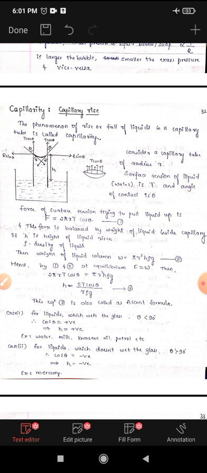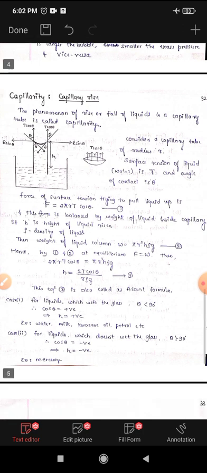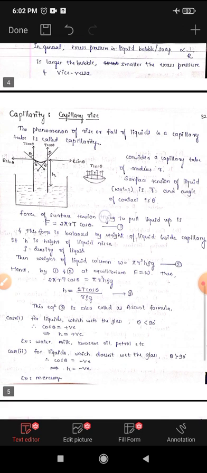Here T cos theta acts at every point of the meniscus in the upward direction, and this is responsible for the rise in the capillary tube. There is another component, T sin theta,